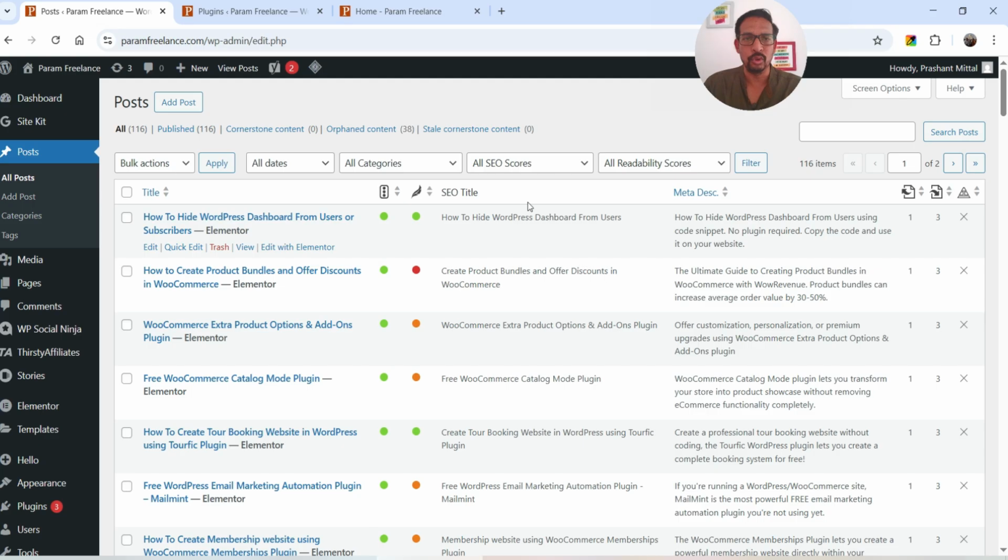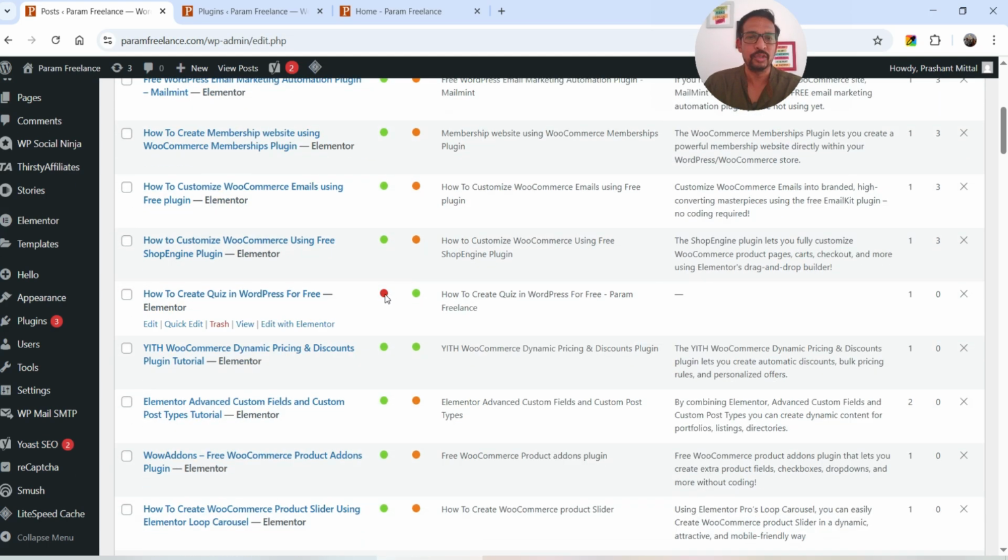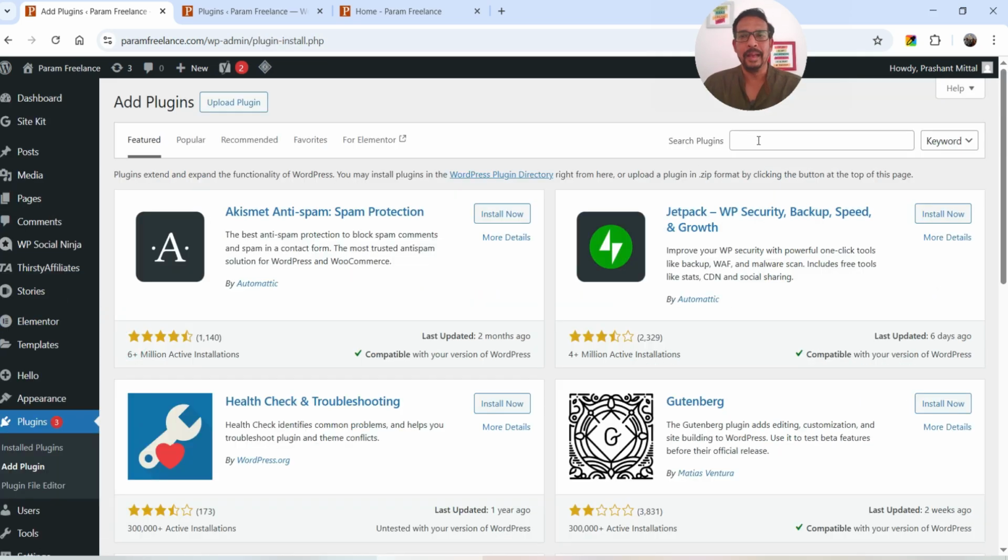If you go to list of posts, you will see the SEO score for each post like this. So this one is optimized. This one has readability issue. If you go to this post is not SEO optimized. However, I cannot see what is the issue with this post on this post listing page. If I want to check what is the issue, I'll need to go to the edit section of this page and figure out what is the issue with this post. If you're using SureRank SEO plugin, it will show you what is the issue with the post here on the post listings page. So let's go to plugins and click on add new plugin, and here search for